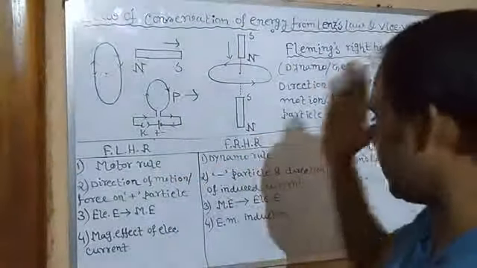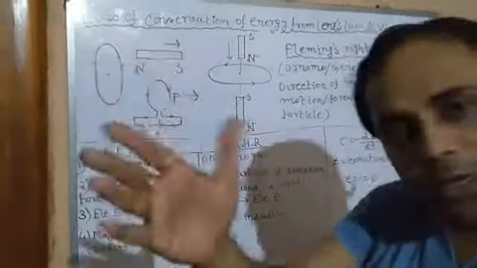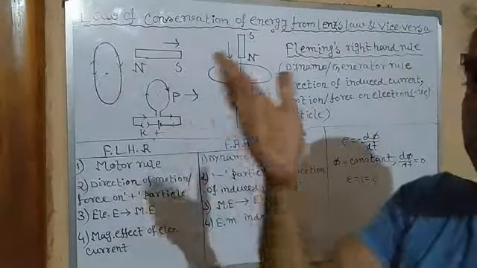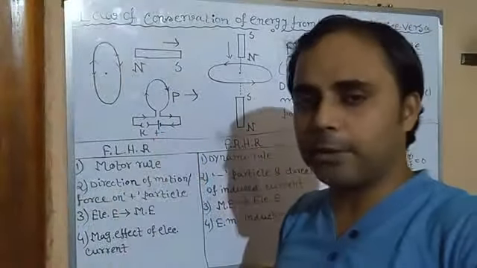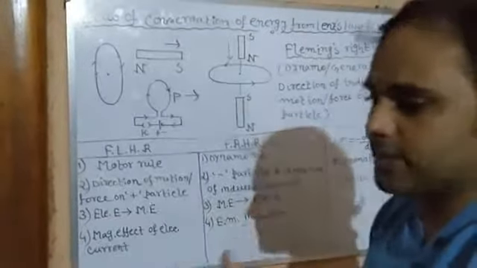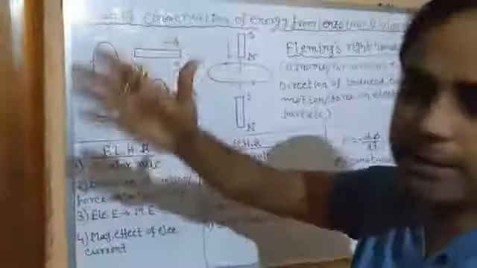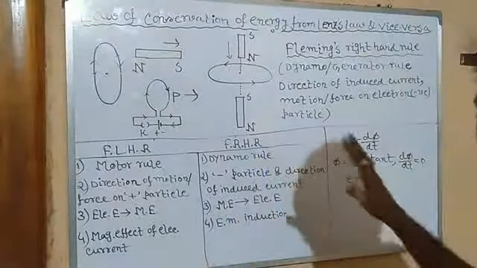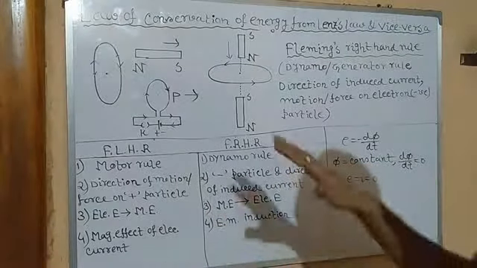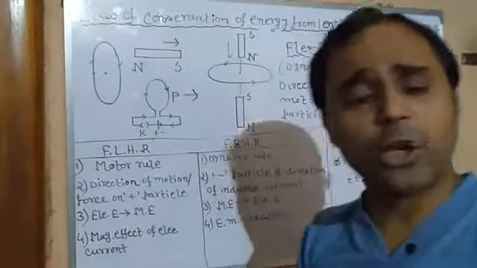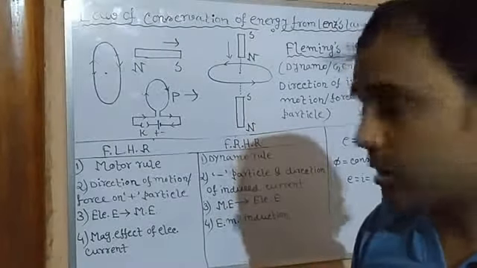So this is nothing but the transformation of energy from one form to another. So this mechanical work done, in one case against the repulsive force, and in the second case in moving away against the attractive force, this energy, that is the work done, is induced here as an induced current. Clear? So this is the law of conservation of energy. In this way, the law of conservation of energy can be obtained from Lenz's law, or we can say Lenz's law is consistent with the law of conservation of energy.